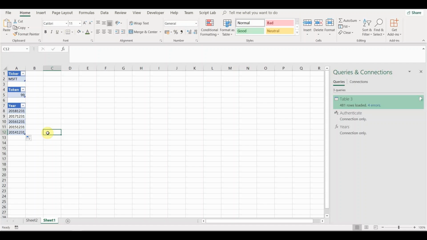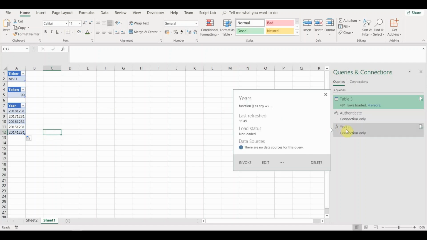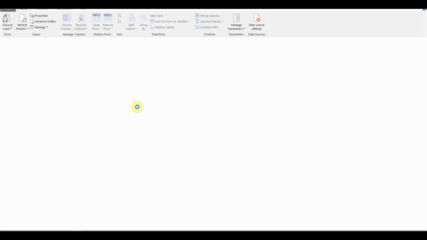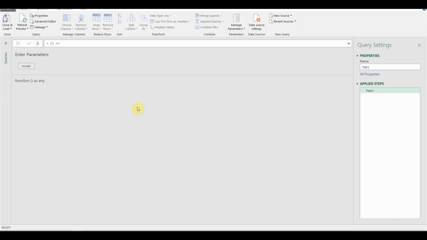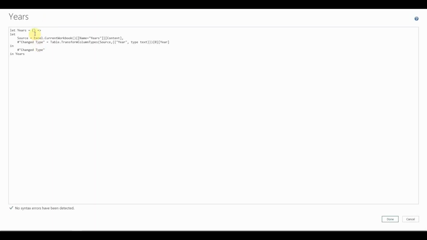And in order to do that, we need to edit our function slightly, which is what we are going to do now. We're going to choose the edit option, and this will take us into our function. We need to go to the advanced editor, and if you remember, I said these brackets here were very important because this is where we can specify parameters. So we can add a parameter. So for example, let's add the year number to specify which particular one of our series we want to use, and then we need to tell it what sort it is, its type, and it's a number rather than text,